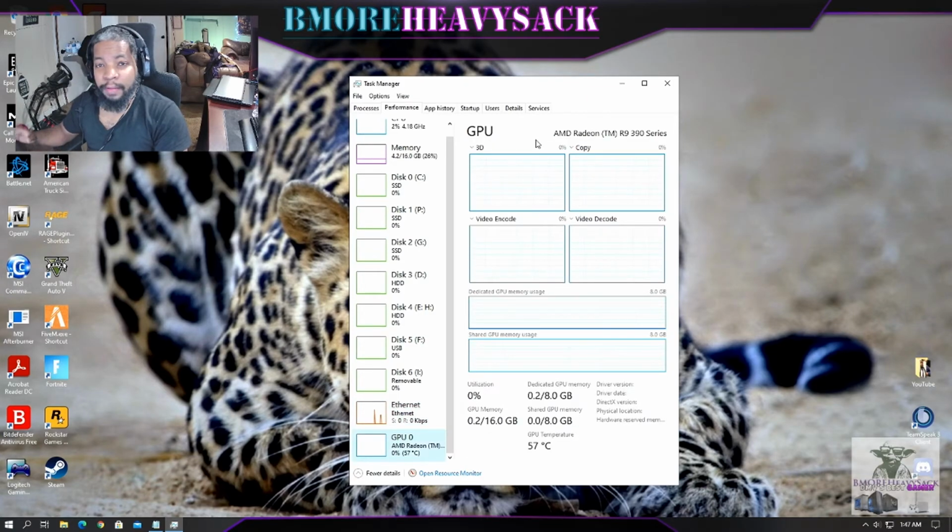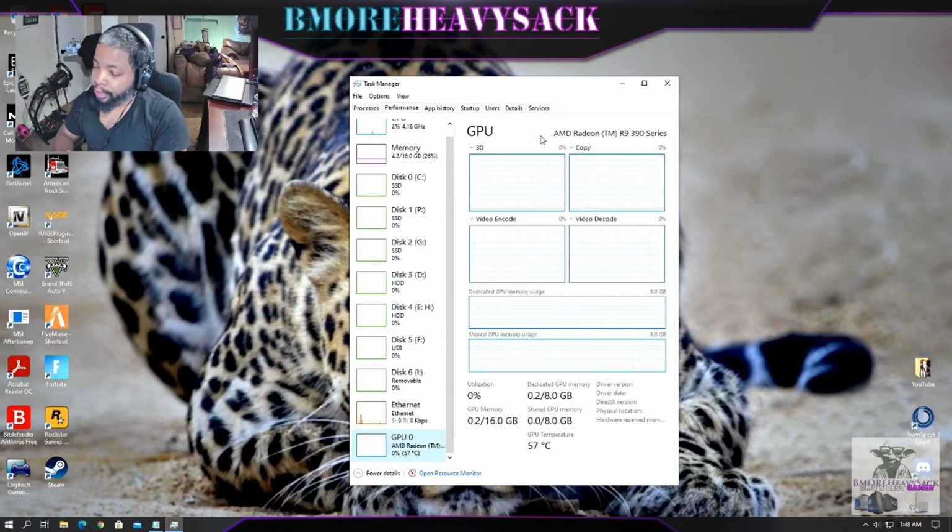So when it comes to the graphics card, I am still running my AMD Radeon R9 390. It's an 8 gig graphics card. It is an old beast. I want to say 2017, if I'm not mistaken. But something kind of tells me, was it 2017 or 2016? One of those years when this card was produced, and it still runs, and it runs good. This card was known for being like a heater because they would get warm, but with proper computer case